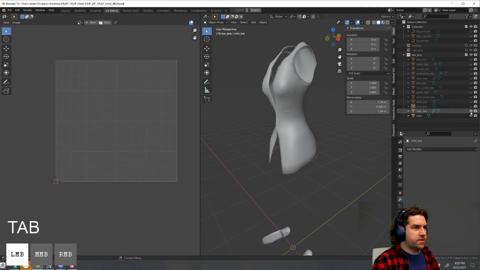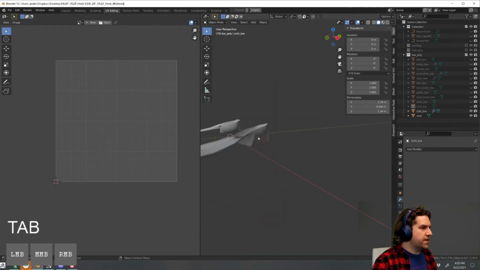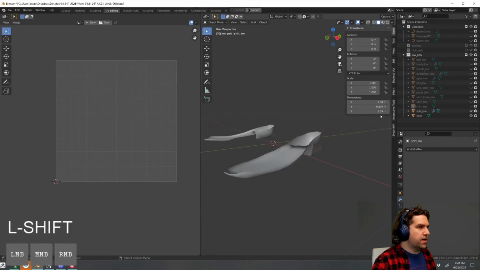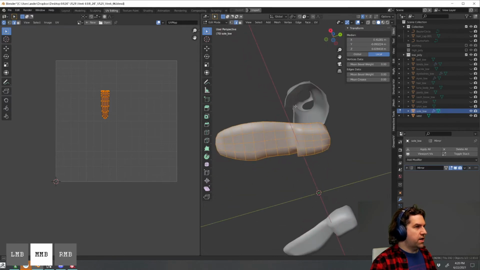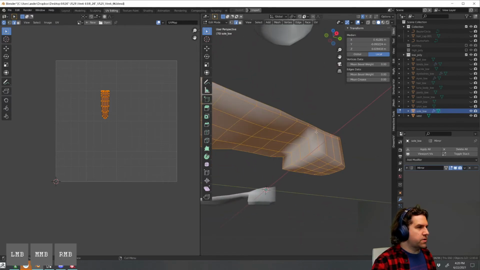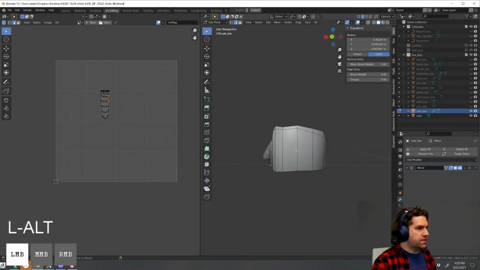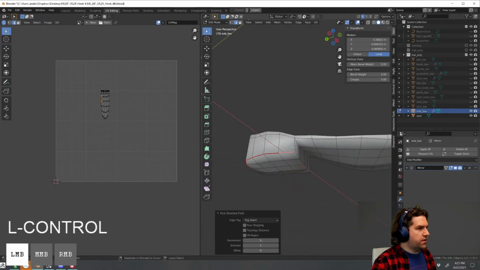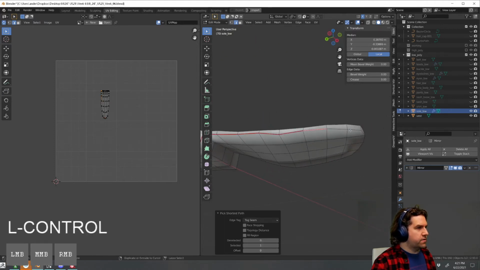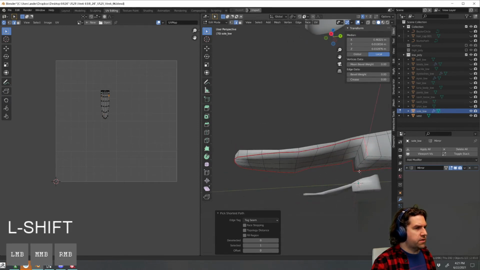Almost done. Soles of the shoes. These are pretty low fidelity areas. There's not a lot going on with these. I mean, they're pretty straightforward. So I can pretty much just take something off the back like so. I'll just take this as a seam, and then I'll just work my way around the foot like this. And since they're mirrored,